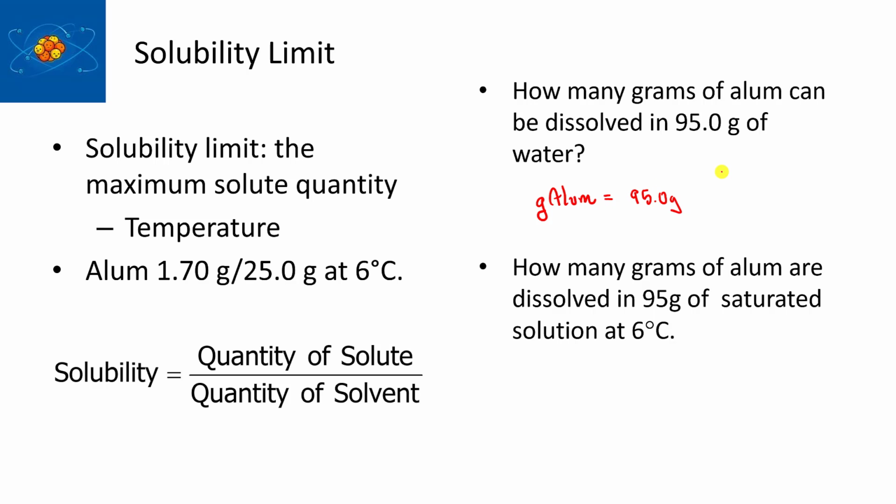95.0 grams of water times, and then the solubility limit is 1.7 grams for every 25.0 grams of water. And you do that calculation, what you'll end up with is something like 6.46 grams of alum. So that's the maximum amount of alum that you can get into water at 6 degrees